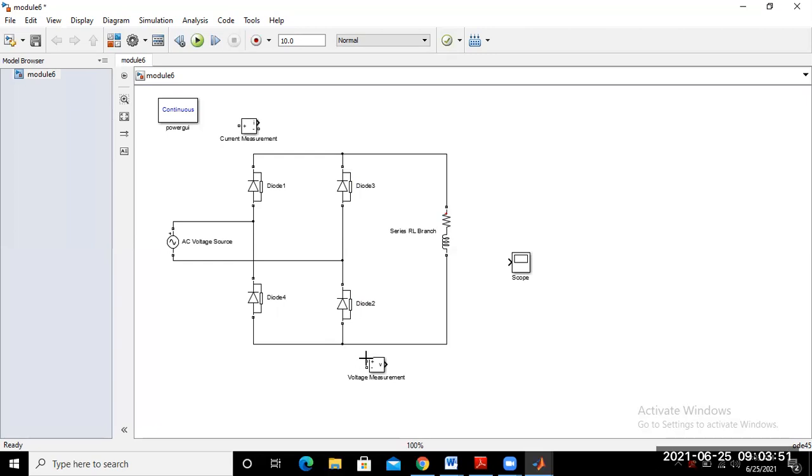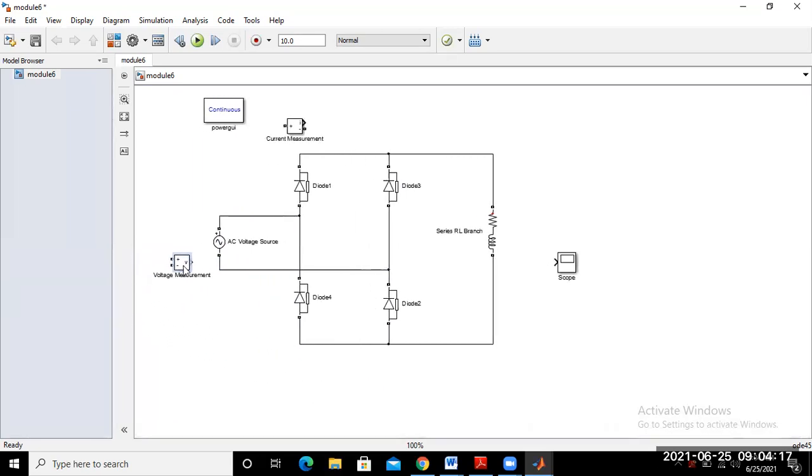Now if you want to measure the supply voltage waveform, just drag this voltmeter up to this point.